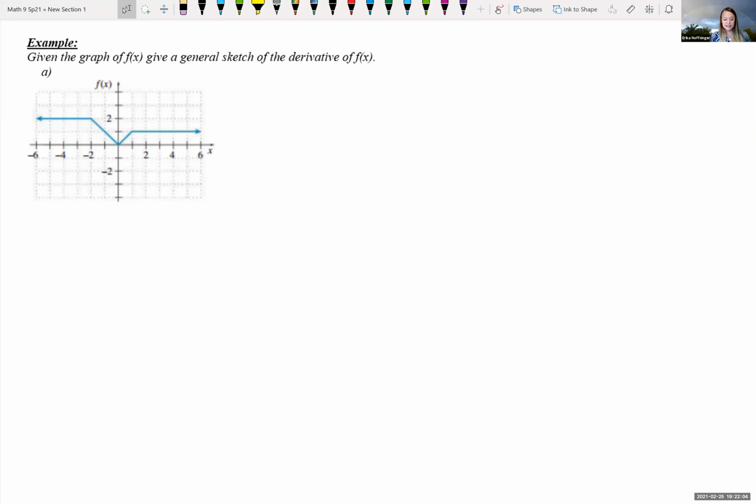So we're looking at the last section in our chapter of the textbook on limits and derivatives, formal definition of derivatives. We're looking at now, given a graph of our function f of x, we should be able to give a general sketch of what the derivative function would look like. And so remember, derivative is the rate of change of what's happening at some x value. And so if we want to graph f prime of x,